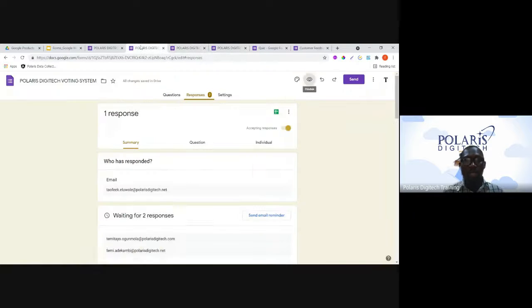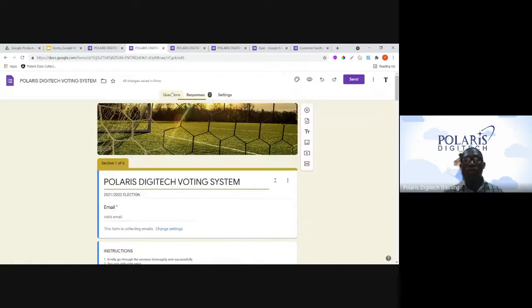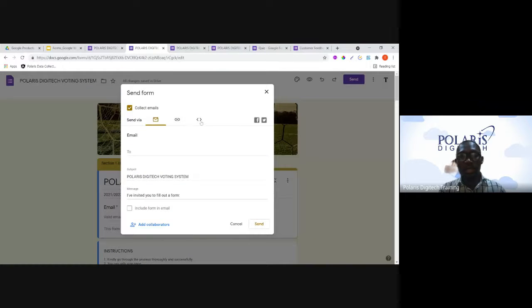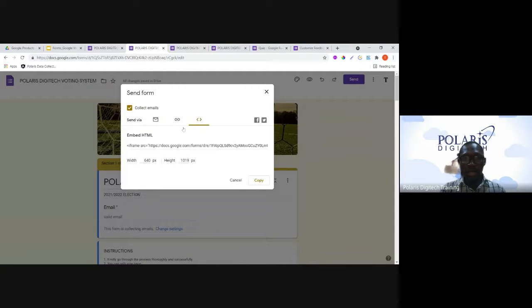But looking at the form, I may want to embed this form within the body of my web page. What I just need to do is click on send. This is the HTML link. You can see embed HTML. So I just need to copy this link, and the front end or full stack or back end developer can know where to paste this link within the body of the